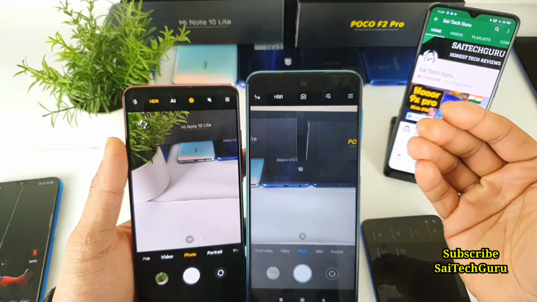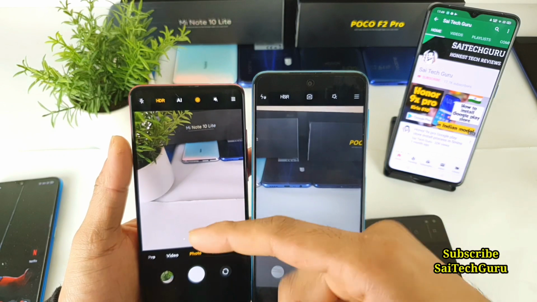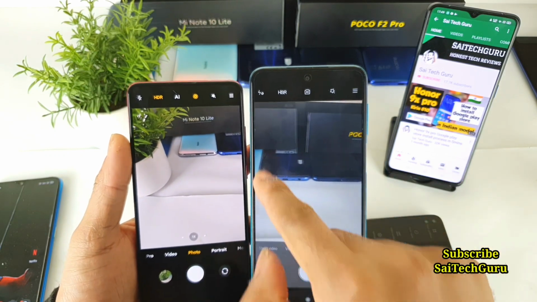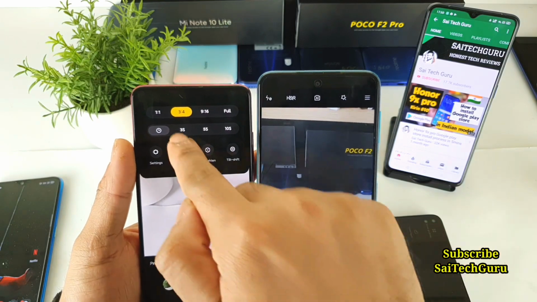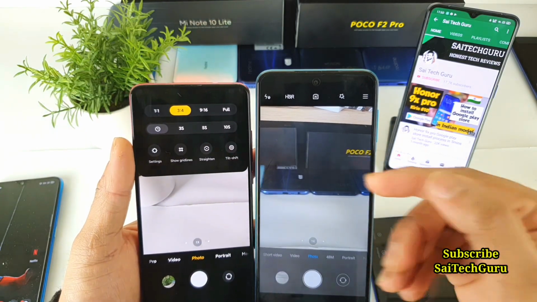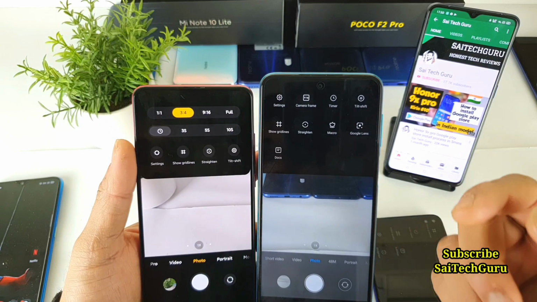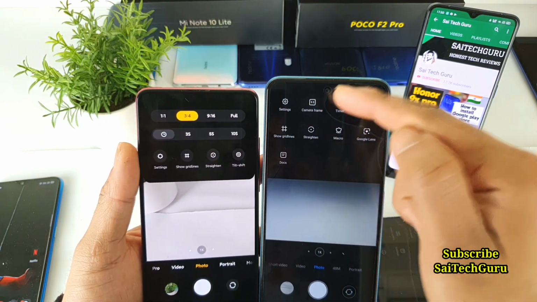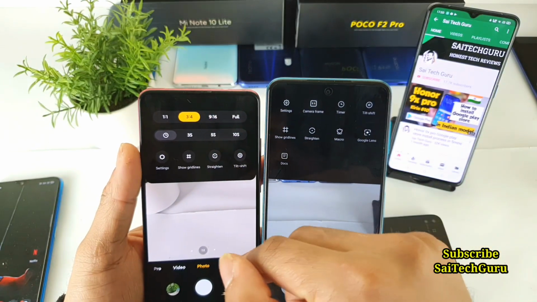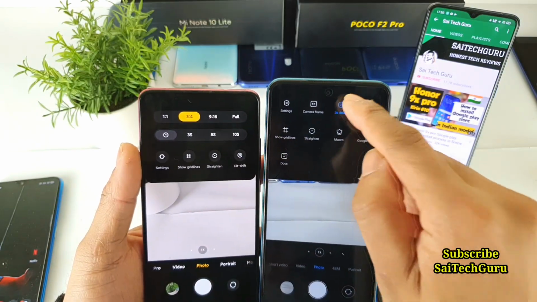So now we discussed about the video, now let's get back to the photo. So if you are in the normal photo, when you tap the three lines, you do get very good interface here, which will be helping you a lot in terms of choosing various options. So before, if you want to access the 1:1 ratio, you need to tap for 2-3 times extra to get that ratio, even to put the timer as well, as you can see.